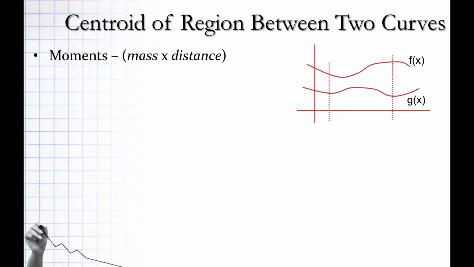Okay? Now, we talk about mass times distance, right? So our distance is x. Our mass is area times density. Well, how do we find the area between curves? Integrals. F of x minus g of x, right? Top minus bottom. So in order for our moment about y, we have density times area times our distance. And our distance for any of those rectangles would just be x away. Please write this down.